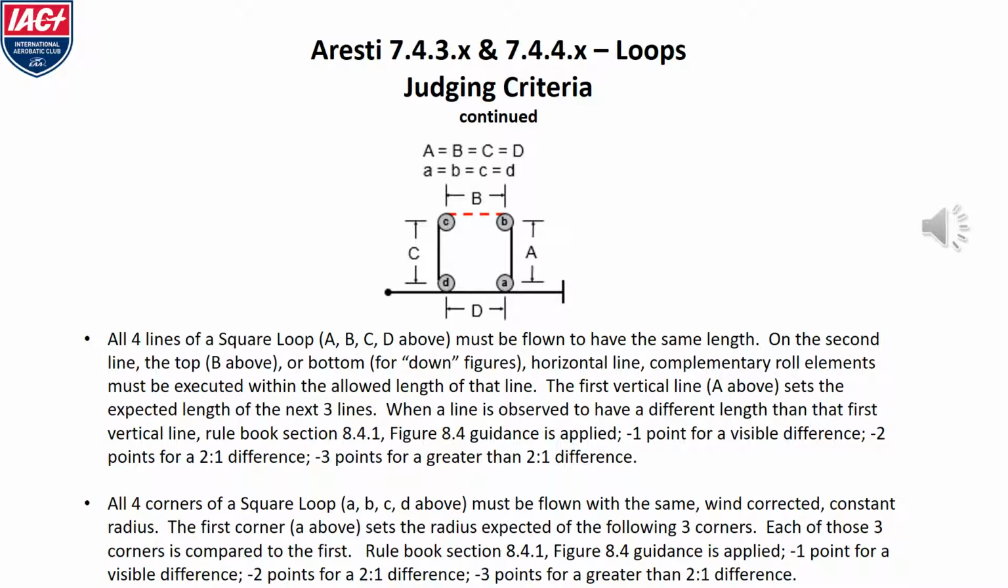Once again, all 4 lines of a square loop must be flown to have the same length, and all 4 corners must be flown to have the same radius. A square loop is often composed with a roll on the second horizontal line, making the execution of that horizontal line longer. We always look at the first vertical line, here labeled A, and then we compare lines B, C,